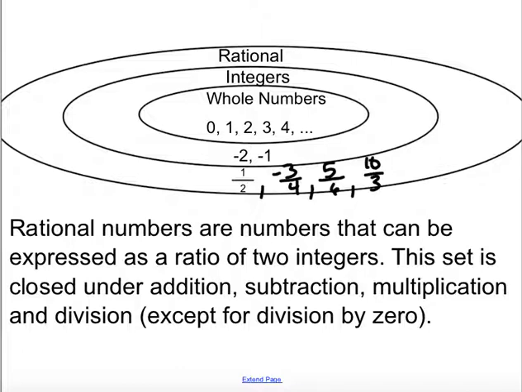But so are my integers, my whole numbers, my counting numbers. Because all of those, even if I take negative 3, negative 3 can be shown as negative 3/1. So we have rational numbers with all of my whole numbers, integers, counting numbers. And if we look, our set of rational numbers is closed under addition, subtraction, multiplication, and division. But we have to be careful with division, okay, because we can't divide by 0, all right? Dividing a number by 0 does not work,